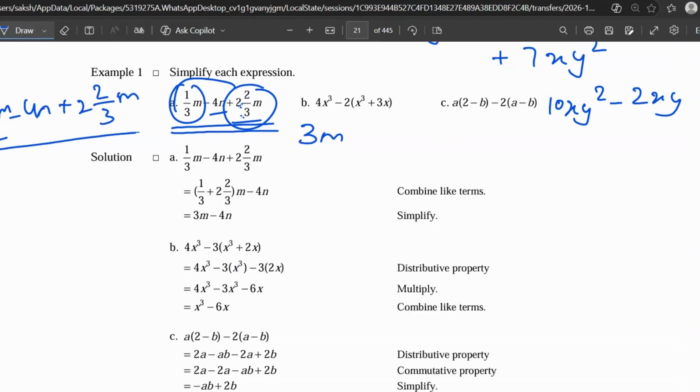If you have to add this one, 19 upon 6m minus 4n. So basically what we are going to do here, 1 over 2, I'm just telling you the fraction part